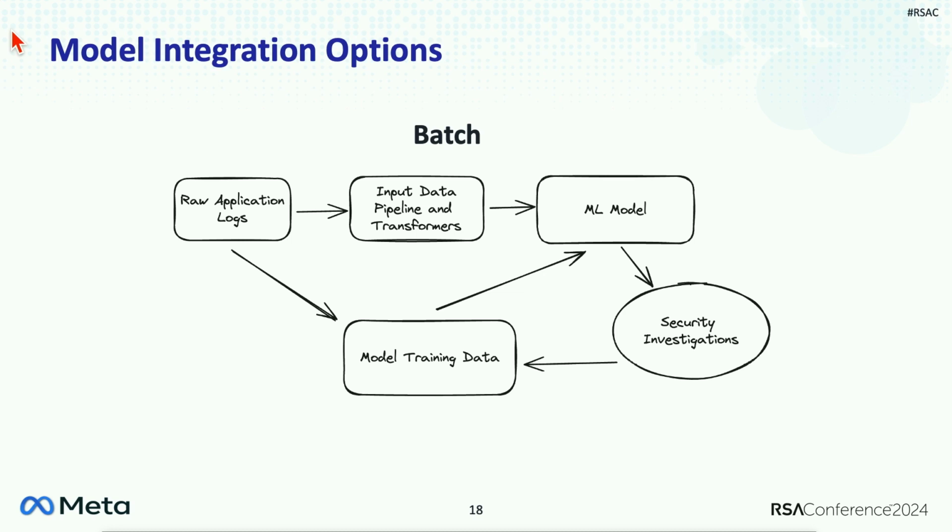And so it'll follow the same general process that we've described already, where you have your application logs, you do your transformations, and then you can throw it into a model and determine what's considered an anomaly. In this particular case, we have a feedback loop, and we're going through our security investigations process, where they can label things as benign or true positives in this case. And we can use that to, again, begin gathering that labeled data and hopefully begin pursuing a semi-supervised model case once we have enough. So there are a few benefits to this and a few drawbacks.